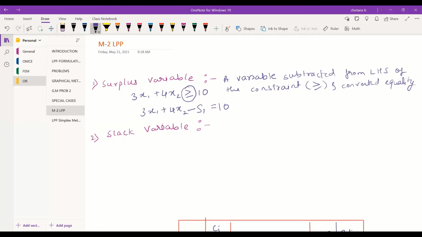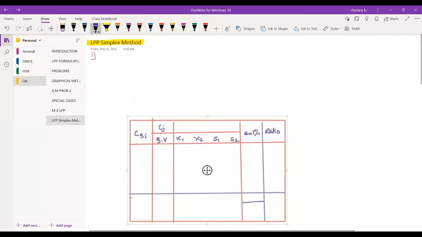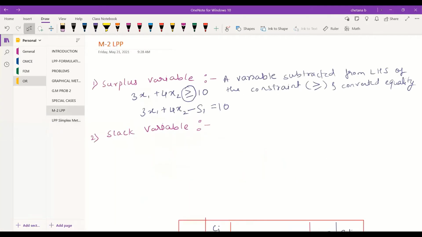There is one more, that is the slack variable. So again, if I take some different example, that is if you have say 2x1 plus 3x2 less than or equal to 8. Now for this symbol and to convert inequalities to equalities, what you need to do here is add one slack variable.